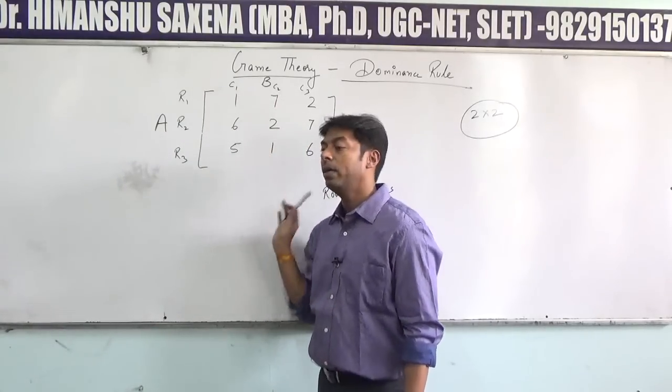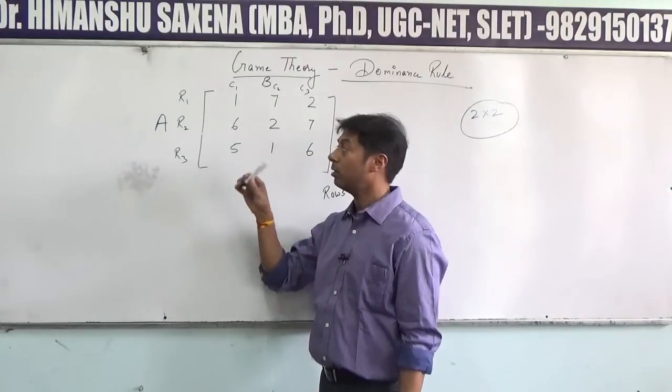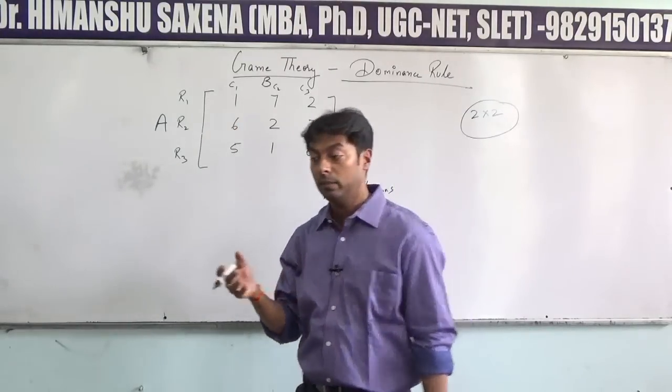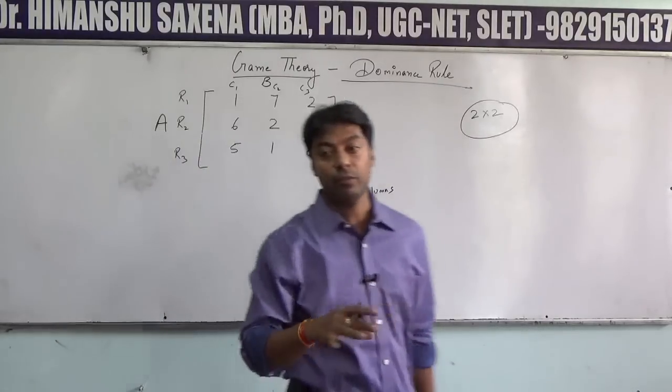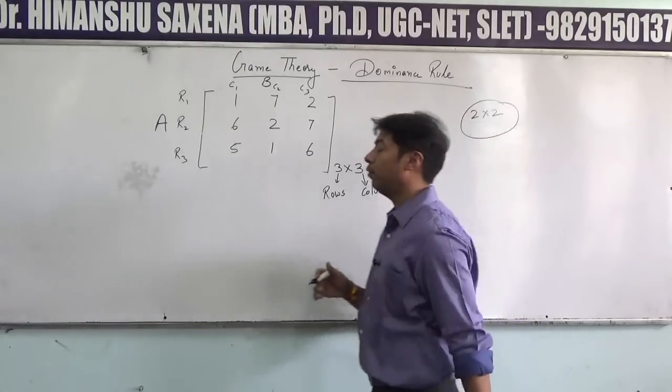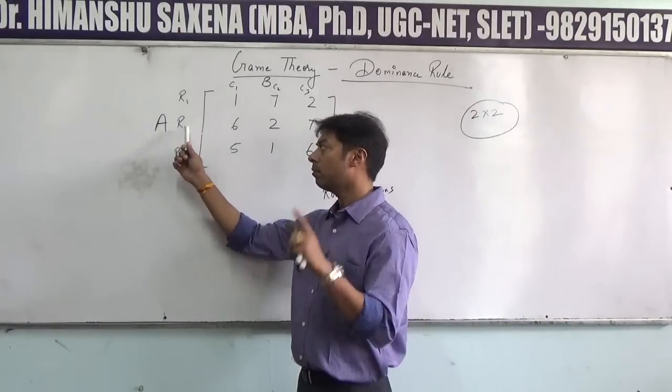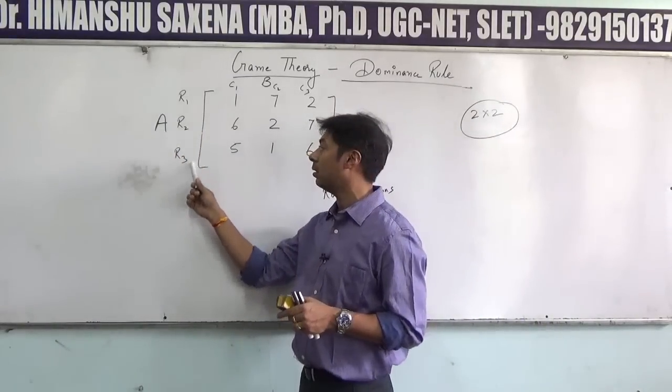So now we cannot eliminate any of the rows, because some elements of the first row are greater, and other elements of the second row are greater. So we'll have to drop this comparison and move on to the next one. Start comparing the second row and the third row.